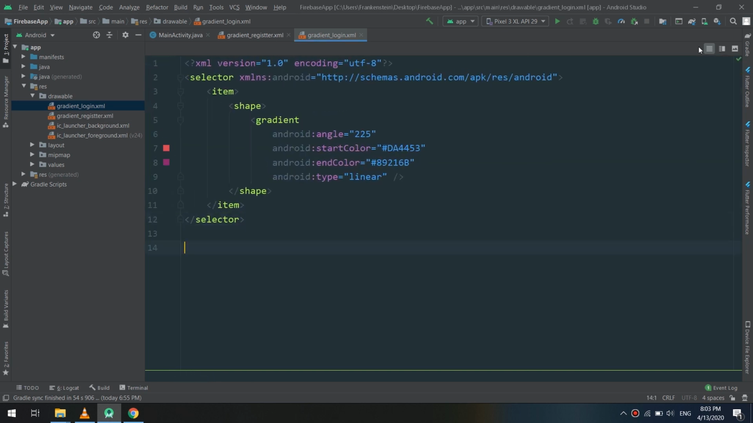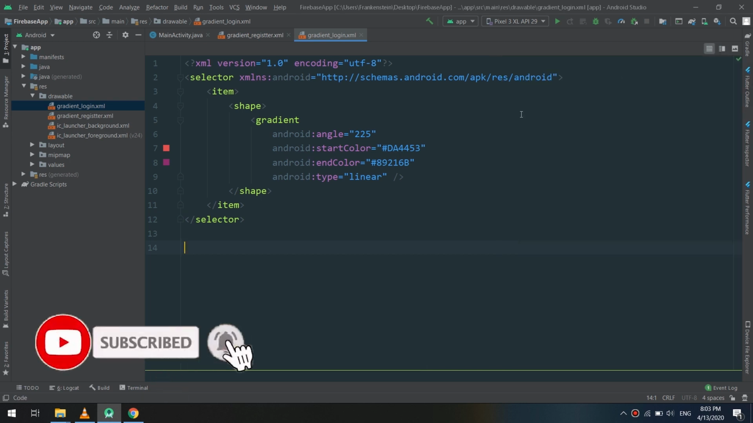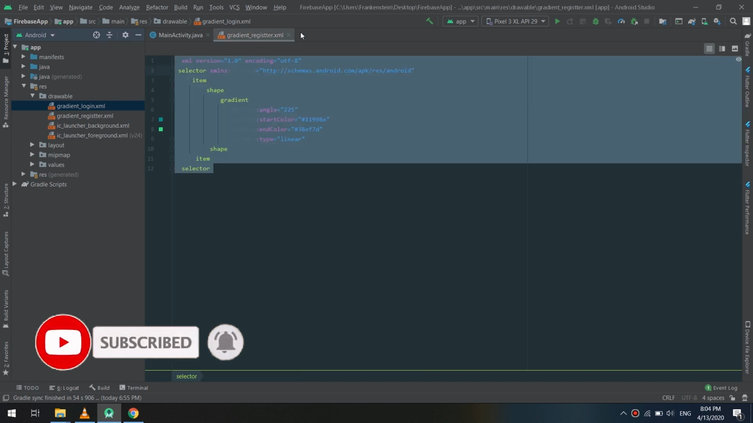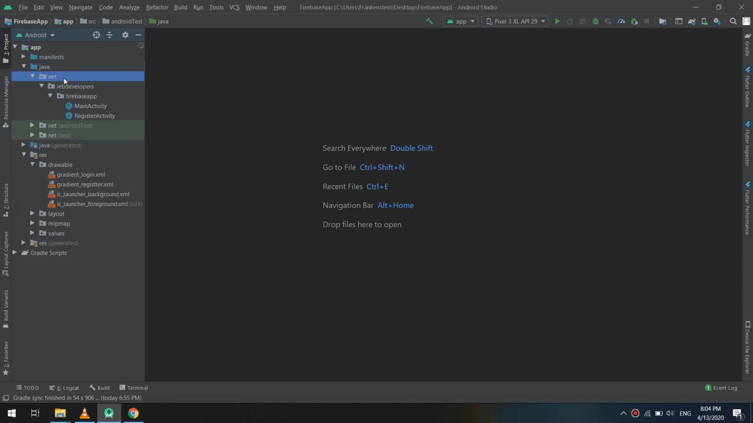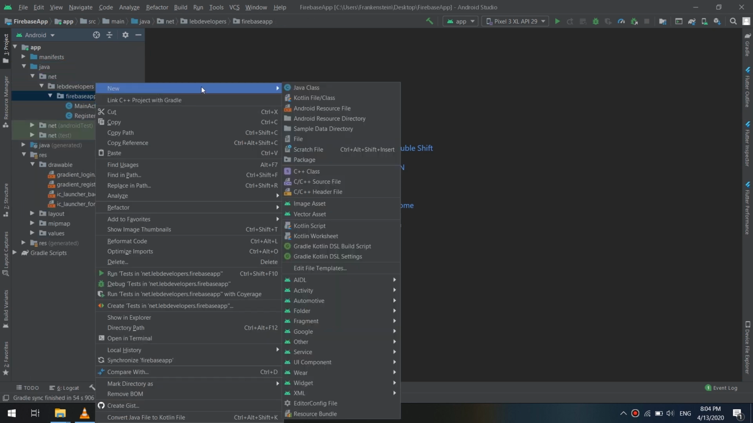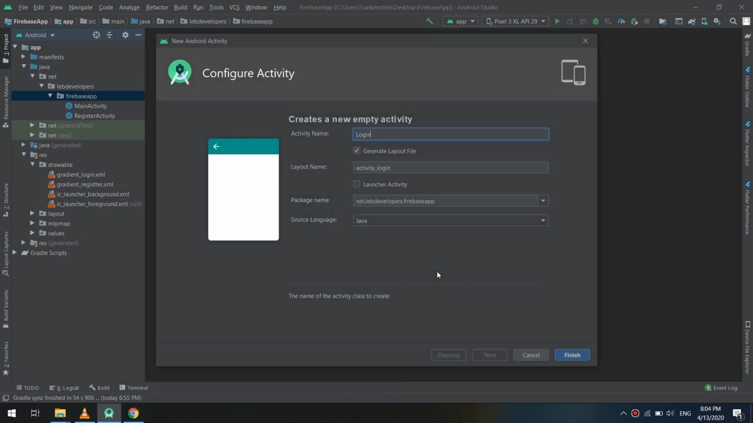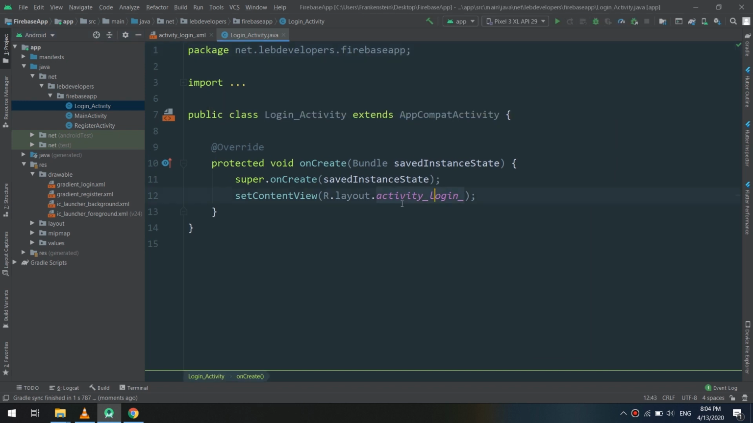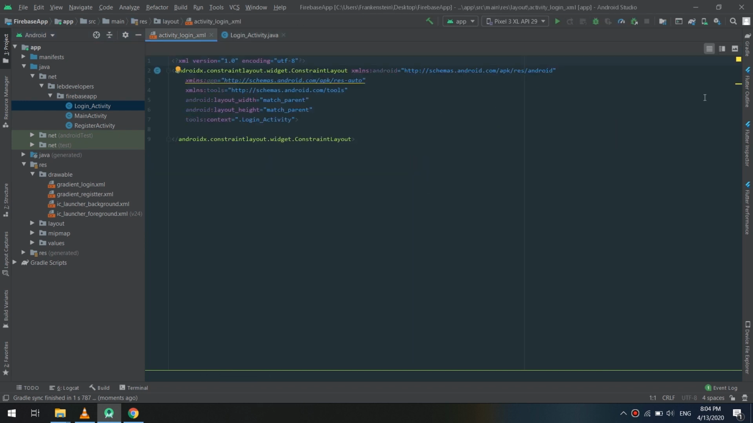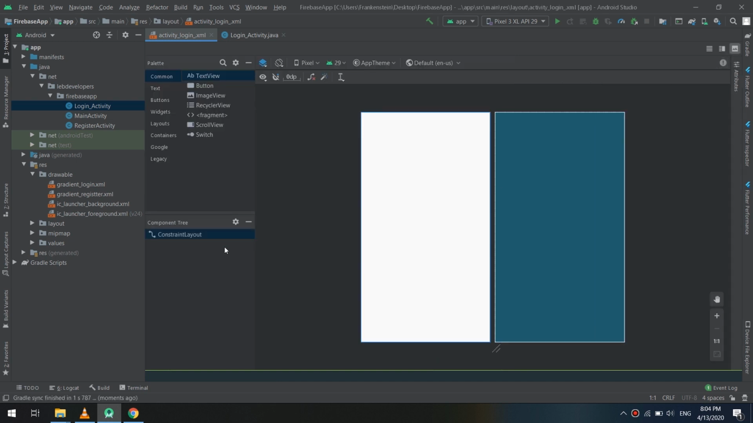First of all, I will create and copy paste the gradient login, and here are the hex colors and the gradient shape, by creating a new drawable file. Now, I will create a new empty activity, and I will name it login activity. Okay, everything is good. Now let's go to the activity XML file,